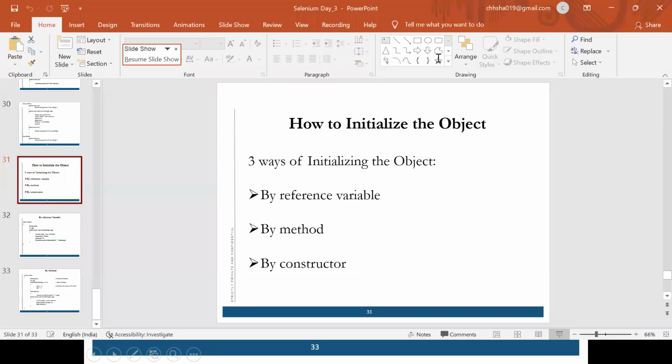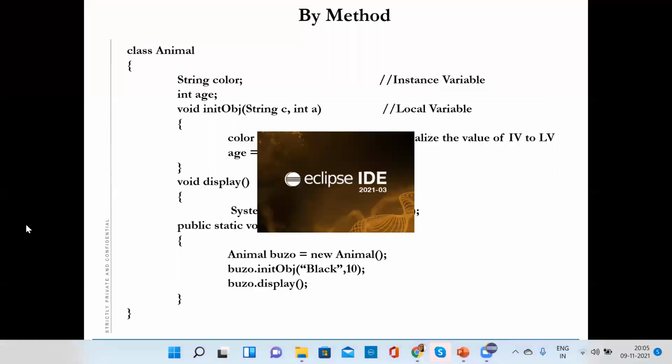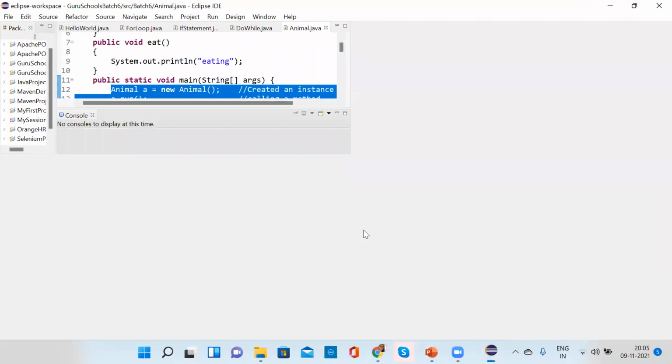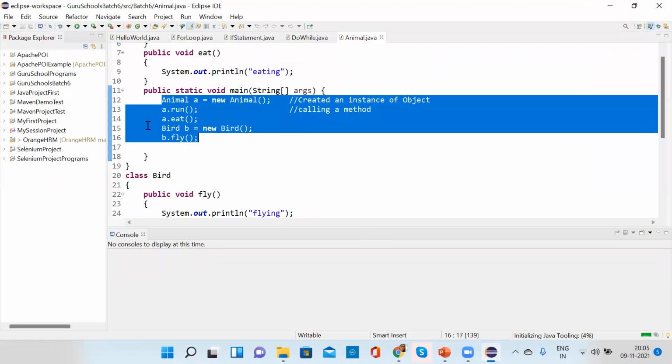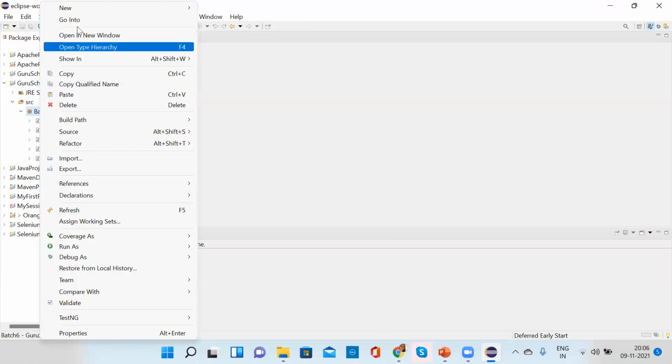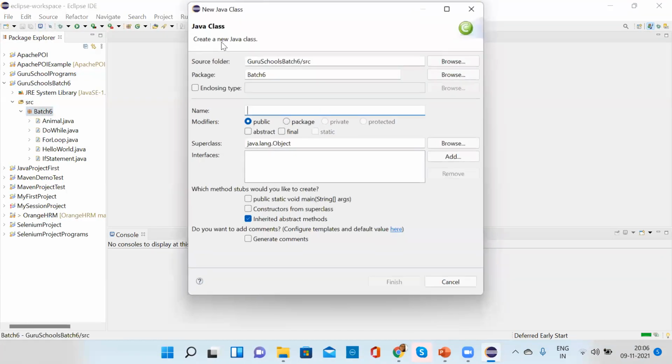Then we will learn about how to do it by method. These all we have done, so we are closing it. Here I will make one more class.